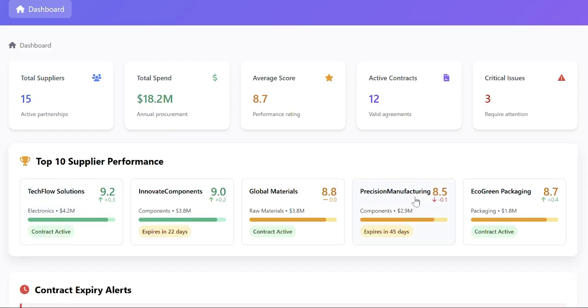And we can see Precision Manufacturing is trending down. Since this is one of the top 10 suppliers, we may like to focus on this to improve the relationship. This part helps us identify who to reward for performing well and continue increasing their scores, while we can initiate some improvement conversation, like with